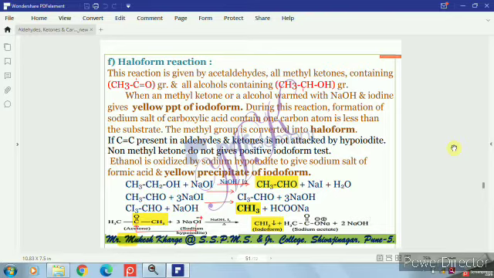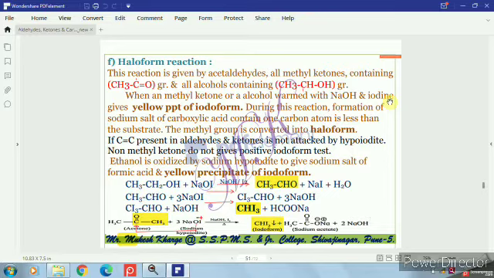All methyl ketones, meaning those compounds which contain the CH3CO group, and all alcohols containing the CH3CH-OH group, which can be converted into the CH3CO group, can show this haloform test. Let us consider when a methyl ketone or an alcohol is warmed with NaOH and iodine, then it gives a yellow